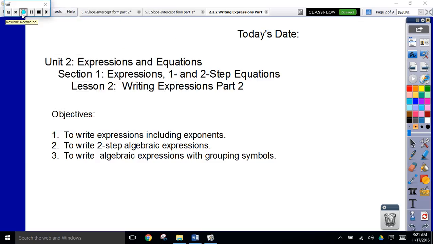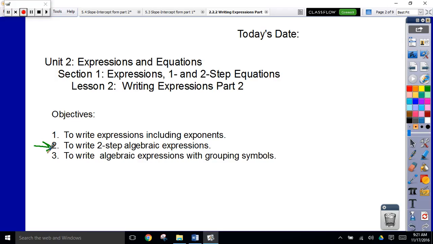Okay, so today's lesson is part 2 of writing expressions. We are going to talk about what expressions look like when we have an exponent. And the most important thing today is probably writing two-step algebraic expressions, because we will be